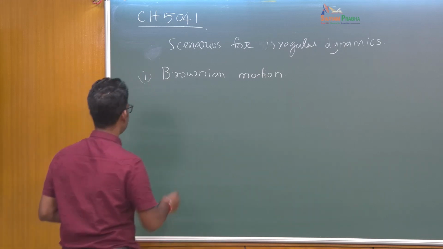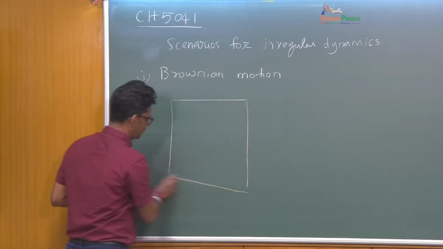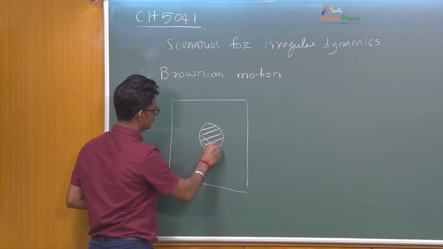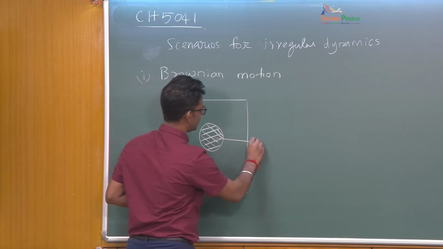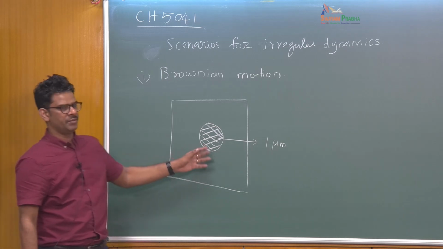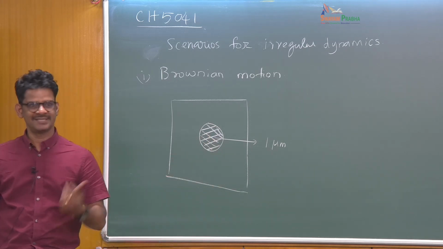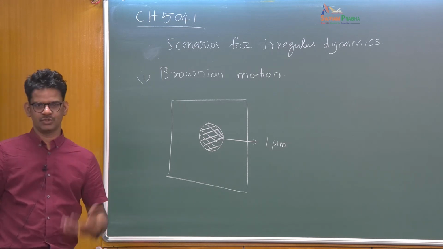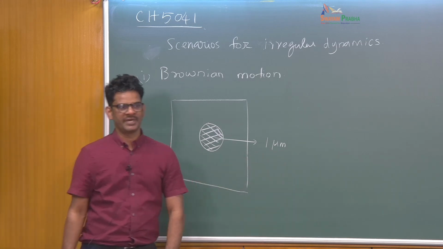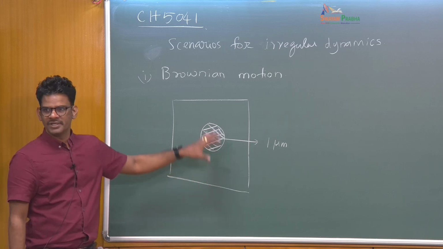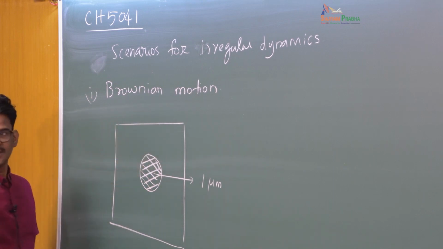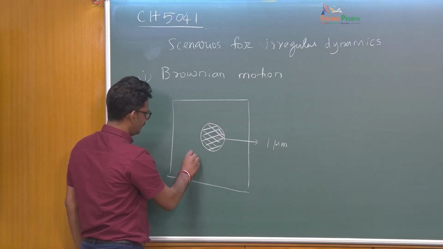Okay. So, pictorially you can think of, in a two-dimensional representation, you have this particle. We say that the size is of the order of 1 micrometer. It could be anything, it could be a pollen grain, it could be a solid particle, it could be a biological cell, it could be any object, soft or hard, made up of any composition, but as long as they feature in this particular size, the irregular motion that I am talking about is present. So, what happens is that this is suspended in a continuum of solvent,